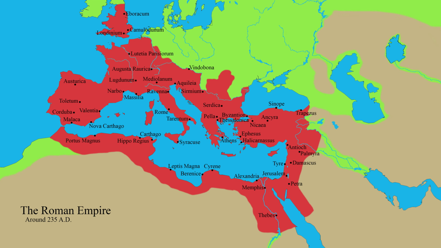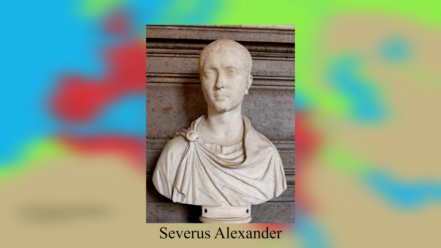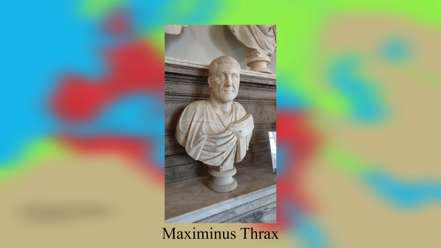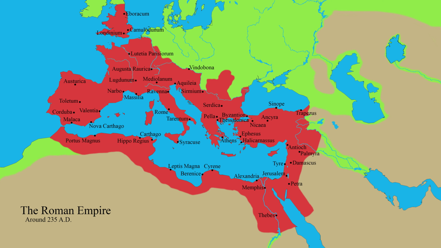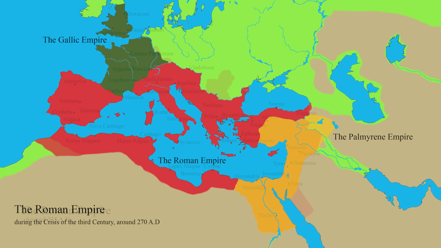Number 8. The crisis of the 3rd century. In the year 235, the child emperor Severus Alexander, following a string of military defeats, was deposed and executed by the general Maximinus Thrax. This set in motion what is known as the crisis of the 3rd century, a 50-year-long period of civil wars in which 26 men would lay claim to the imperial throne, fracturing the empire. Add on top of this that many barbarians and the Sassanid Persian Empire decided to take advantage of the political instability by harassing Rome's borders.